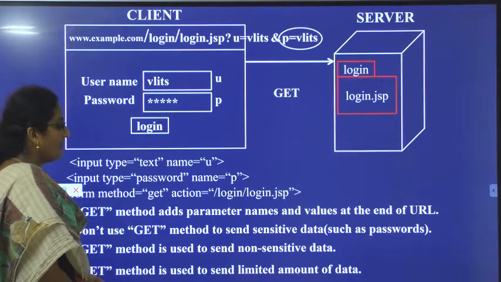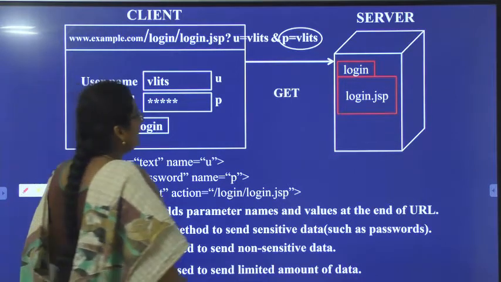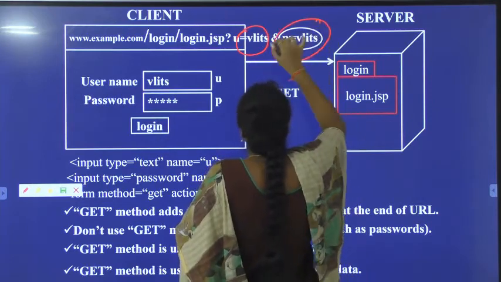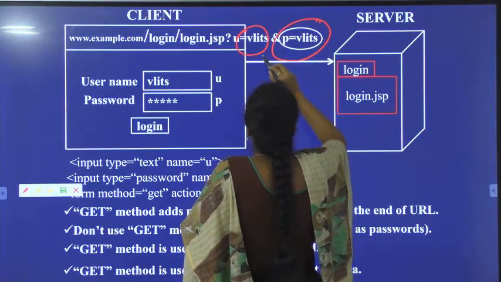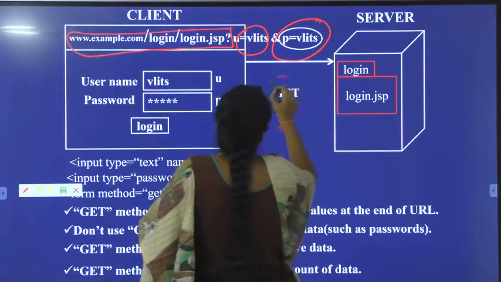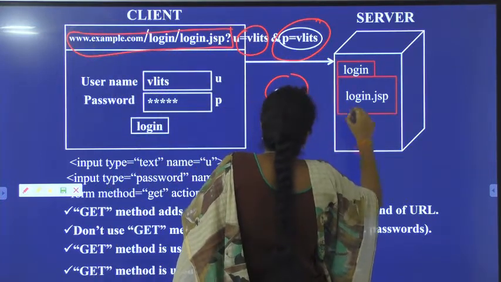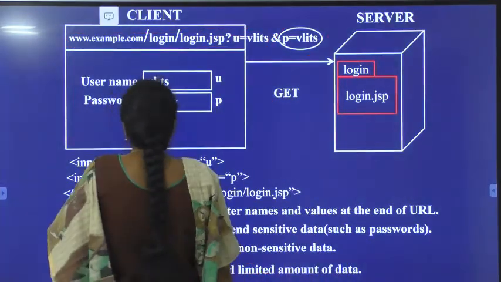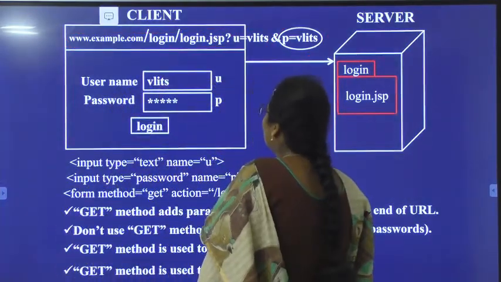Only a limited amount of data we can send using the get method. Here username and password are our parameters. These parameters are added to the URL because we are using the get method. It is not possible to send a large amount of data using the get method, so for passwords it is not suitable.